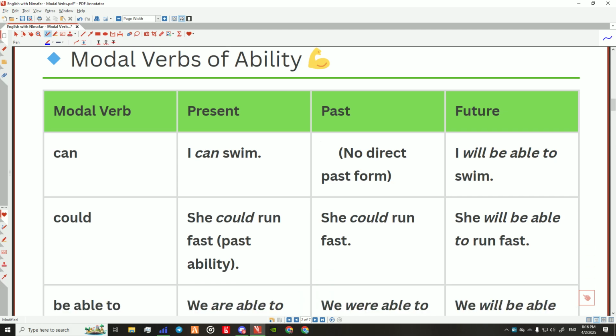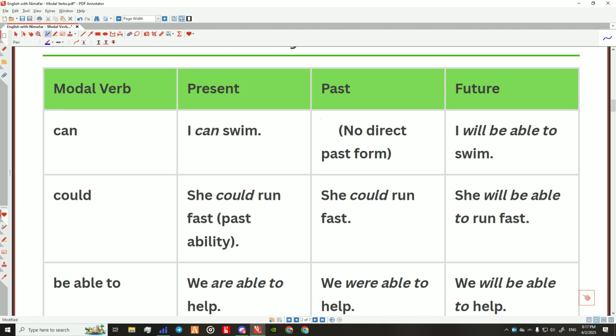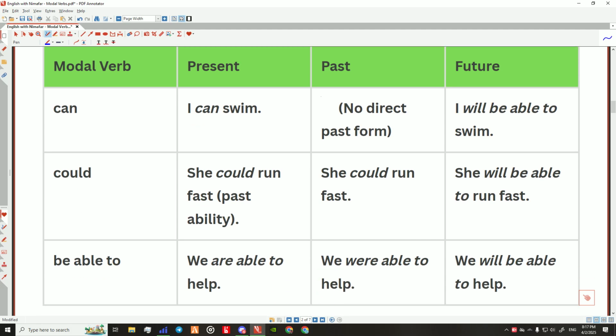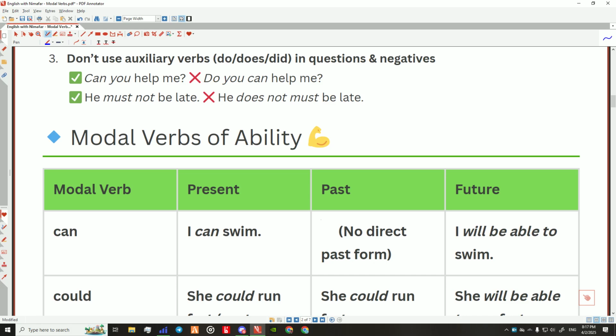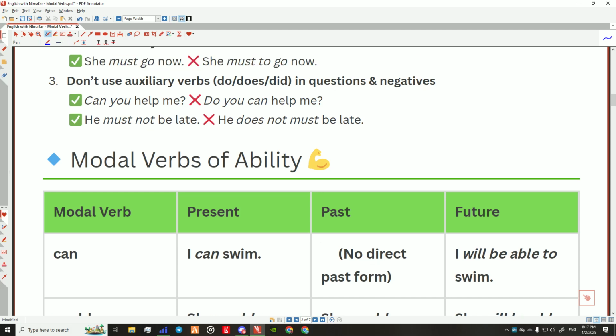Of course, these are some basic points. But let's talk about some modal verbs of ability. How can we express when we want to talk about ability? Of course, you know that we can use can, like I can swim, and there is no past form. You cannot say, for example, I will can swim. No. I will be able to swim is something else. Again, be able to is a semi-modal, as I told you. So I have a question. Here we said can has only the present form. I can swim. We cannot say I will can.